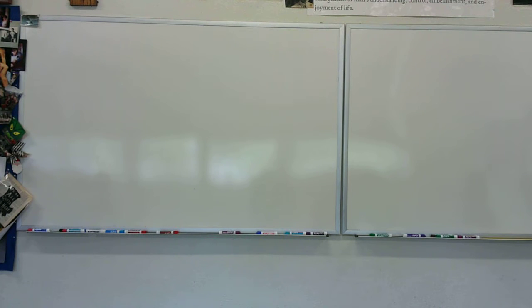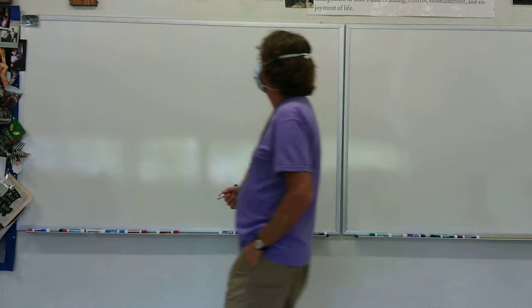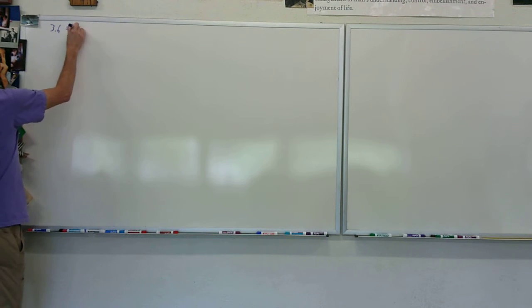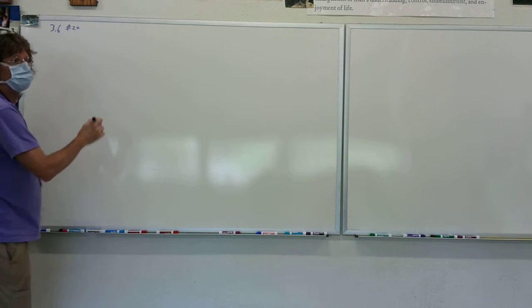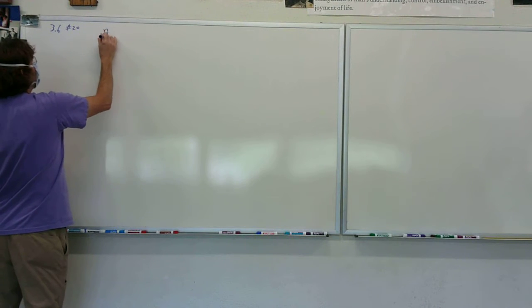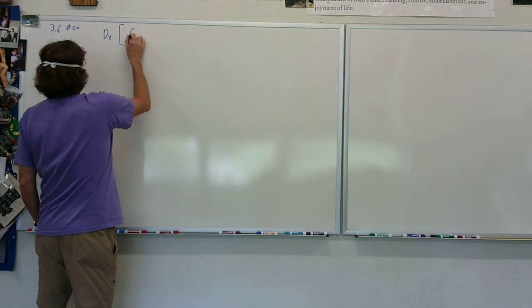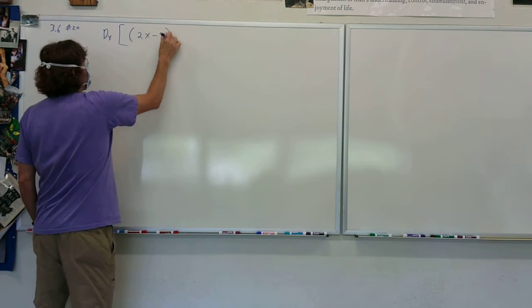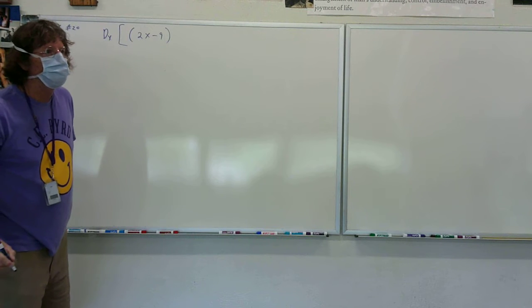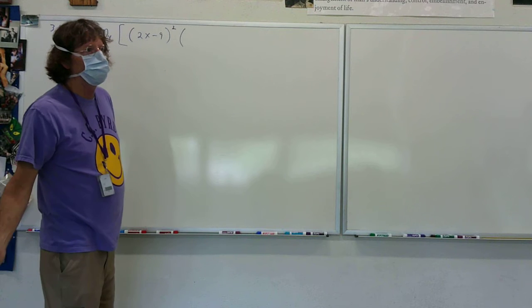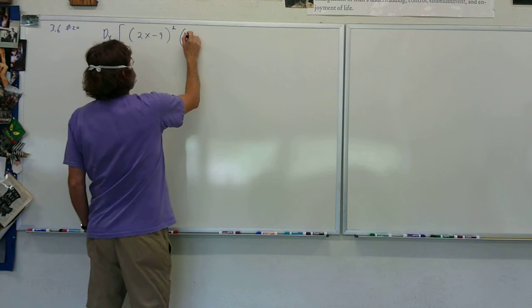3.6, number 20. And I'm going to write it on the board, and you're going to write it on your paper. And that means take the derivative of it, dx. They put a bracket around it, which I hate, it just gets in the way, but it's mathematically correct. 2x minus 9 to the second, parentheses, x cubed plus 4x minus 5